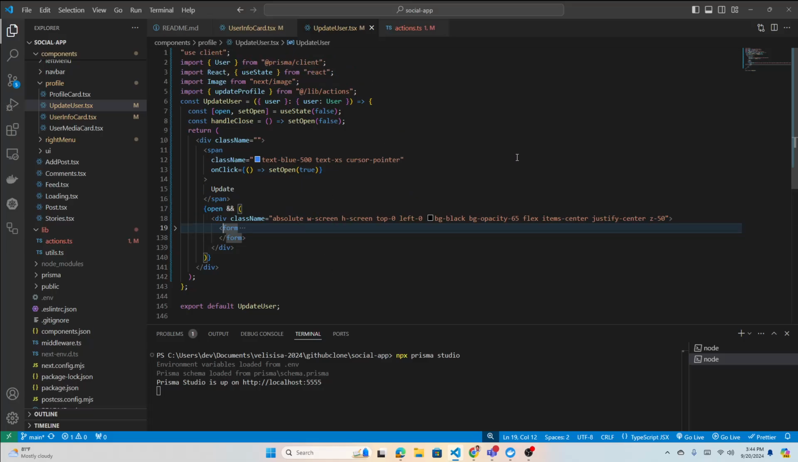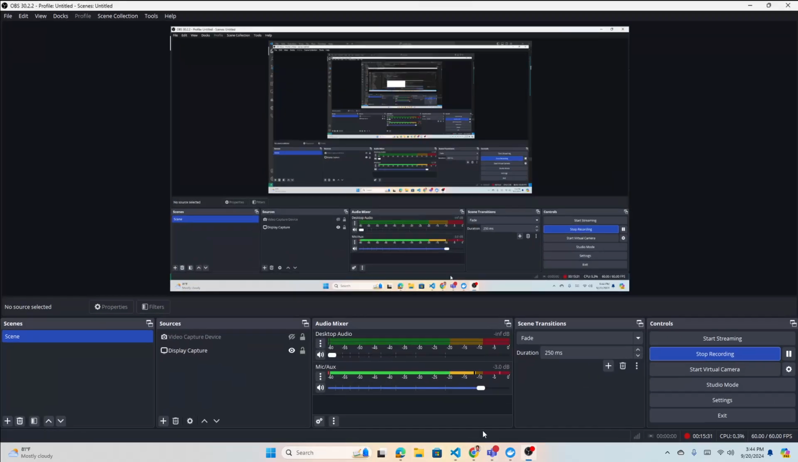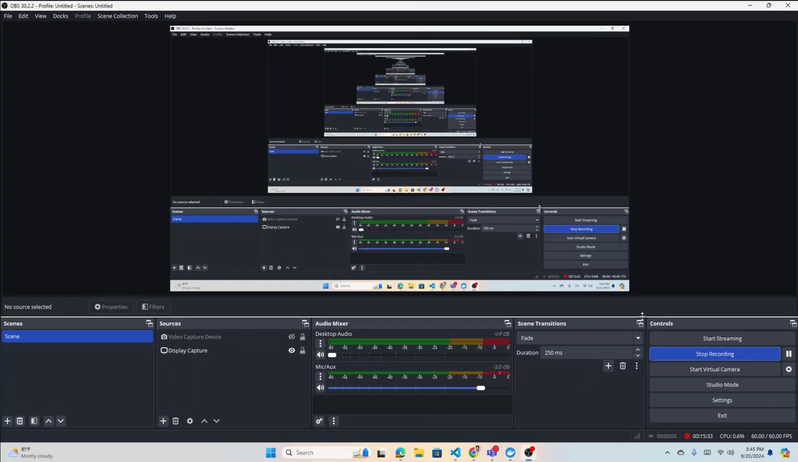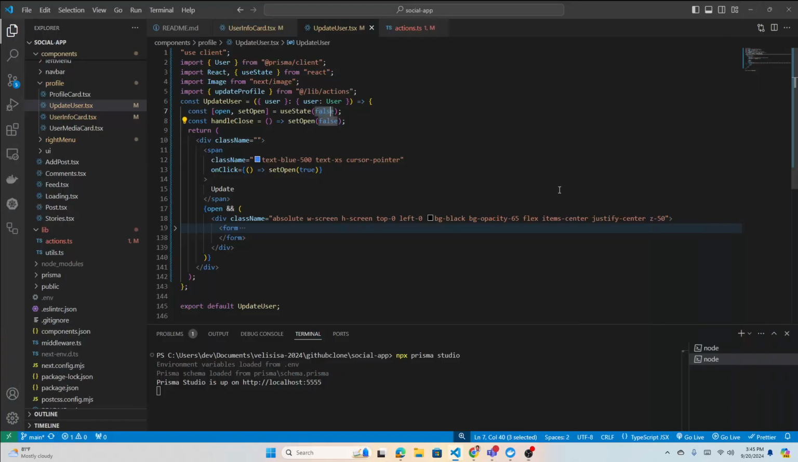How can we close and open something? We just store true and false in a state variable, a useState variable. Like open is false right now. So as long as this open is false,